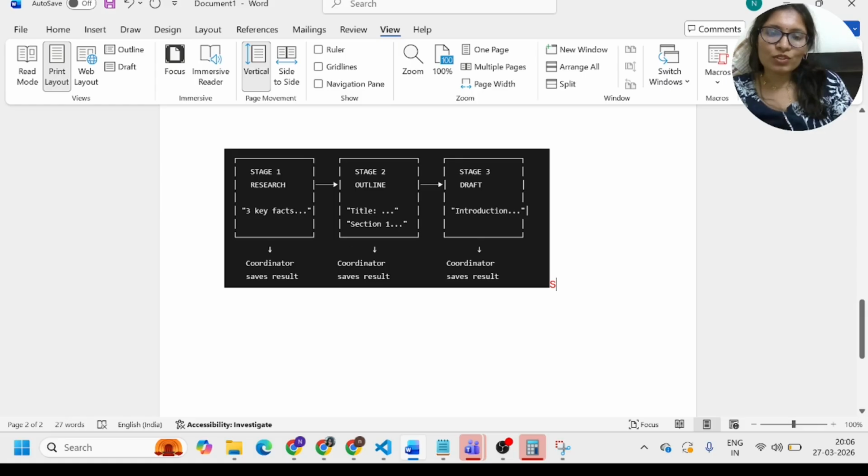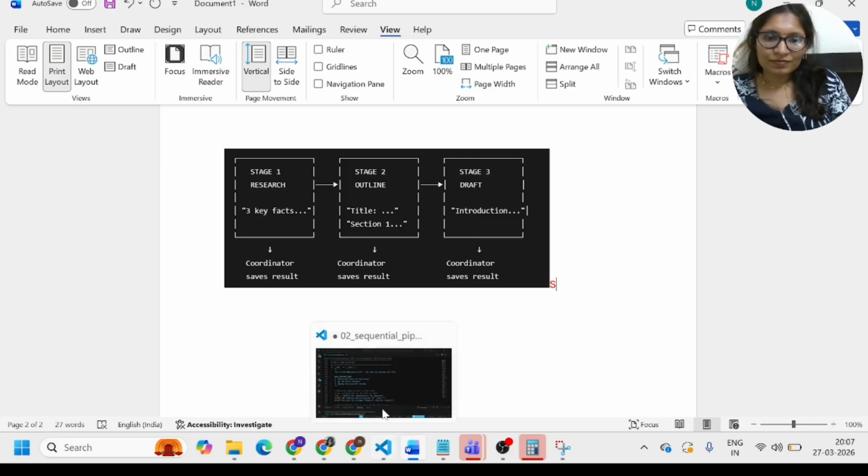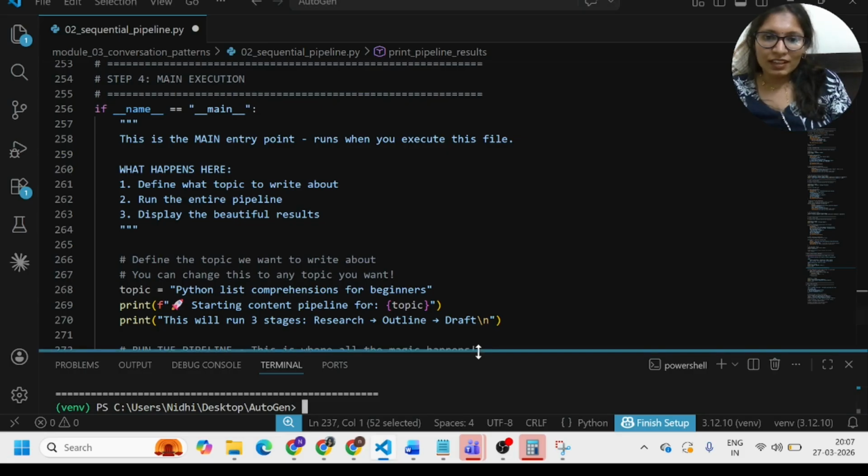Again I'm going to save this result, the output from stage 2 outline, which will give you a title and sections. Then I need to pass the output of stage 2 into stage 3. It gives you the introduction and so on, and save the result. So we just follow these three things inside the code, but our output is messy, so that's why I thought